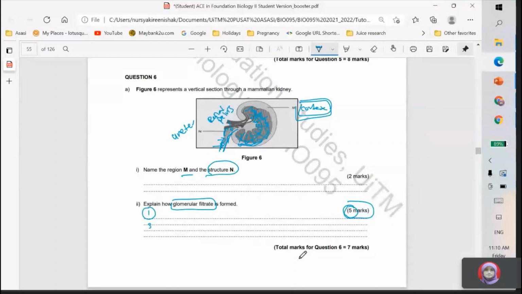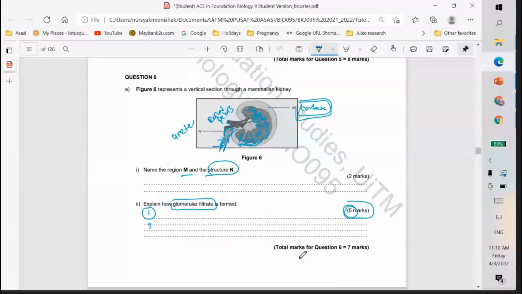Okay, so point number 1, high blood pressure in the glomerulus. Point number 2, due to the difference in diameter of the afferent, which is wider compared to the efferent arteriole. Point number 3 is that the fluid in the Bowman's capsule will be in lower pressure compared to the blood